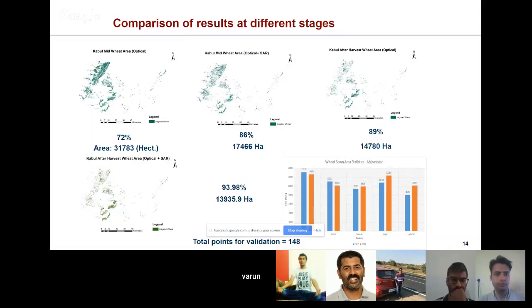combination optical and SAR. And you can see that the best accuracy can be achieved at the end of the season, that is 93.98% for Afghanistan, for Kabul. Whereas a decent kind of accuracy can be achieved if we use at the mid season, if you use optical and SAR both, which is like 86% with 17,466 hectare of wheat. To test the robustness and the aptness of the algorithm,